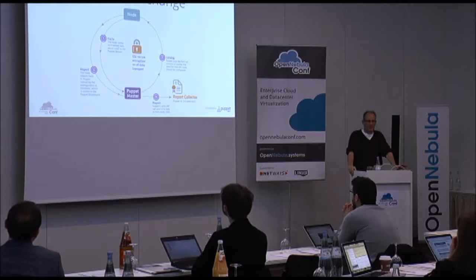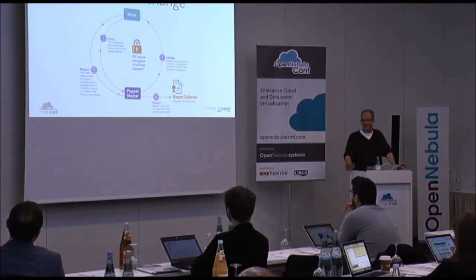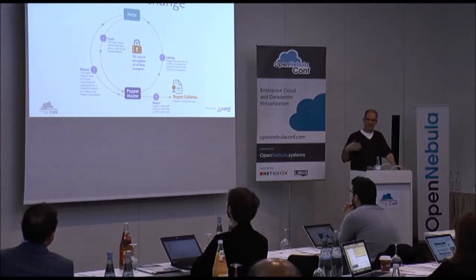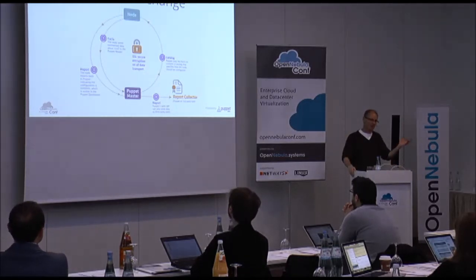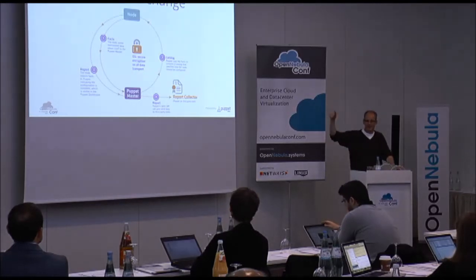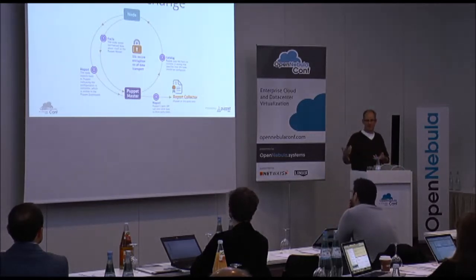The first thing that happens when this node needs to be configured is that it gathers facts about itself. There's a little tool called Facter, and facts are things like, what network interfaces do I have, how many hard disks do I have and how big are they, how many CPU cores are there, what's the operating system running on the system, and all that. It gathers all that up and sends it to the central server. The Puppet master goes through the entire description of your infrastructure, figures out what that specific node should be doing, compiles it into something we call a catalog, and sends it down to the node. The node goes through this catalog, figures out how much its actual state agrees with what the catalog says, makes any changes that are necessary, and sends back a report.